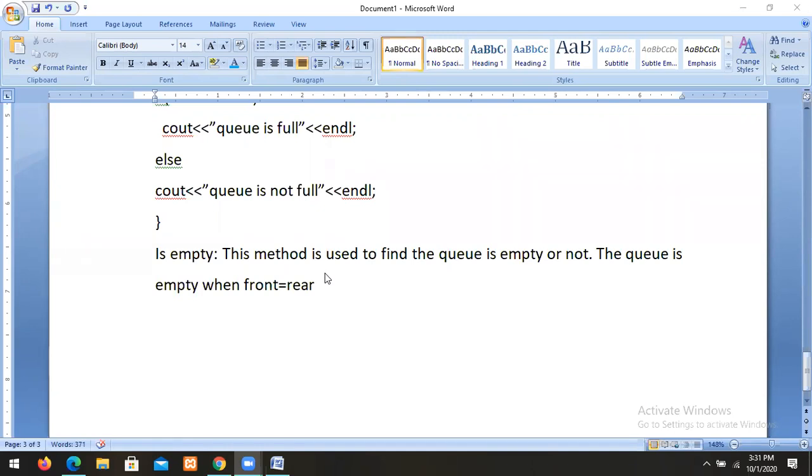The Q is empty when front equals rear, or rear equals front. When rear equals front, the Q is empty. Otherwise, the Q is not empty.